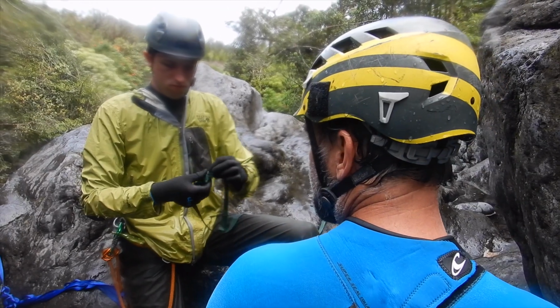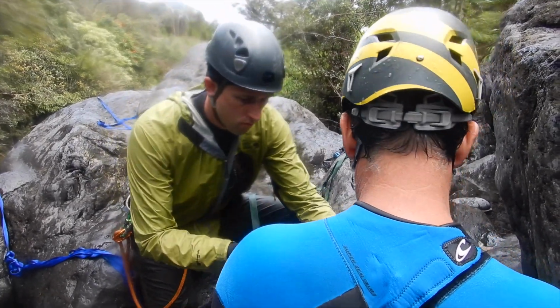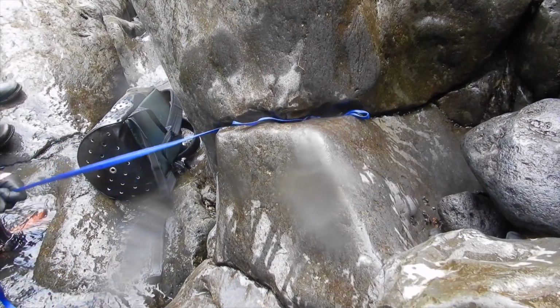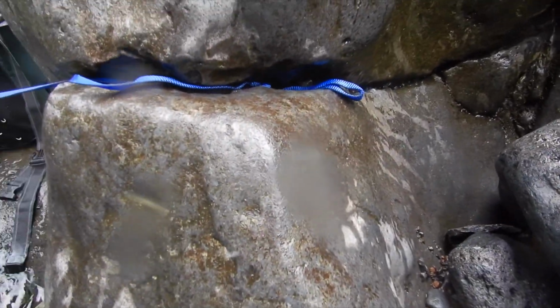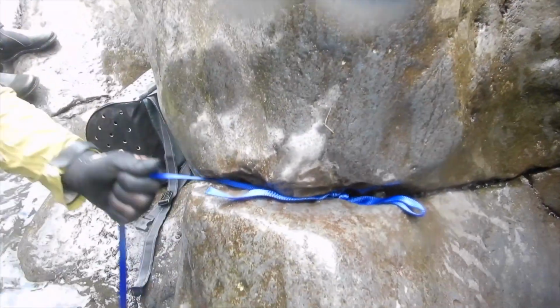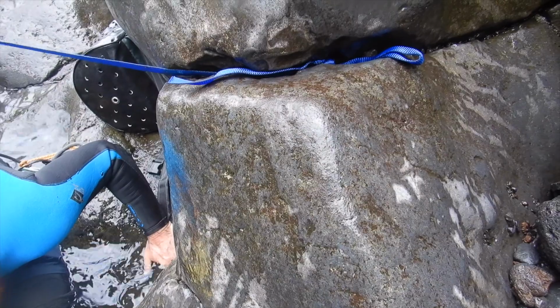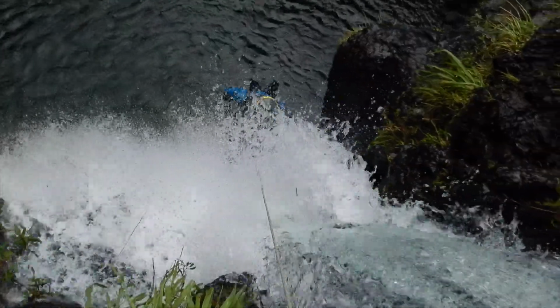Building a crafty anchor is one of the things misunderstood about canyoneering. Problem solving is not only critical, but extremely rewarding. What do you think about that? Oh yeah, dude. Wedging are good. Look at this. This webbing stretches a lot, man. I almost think we...